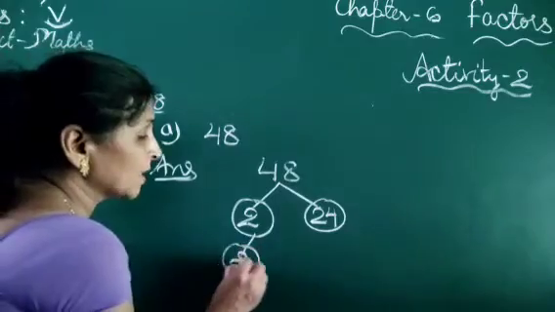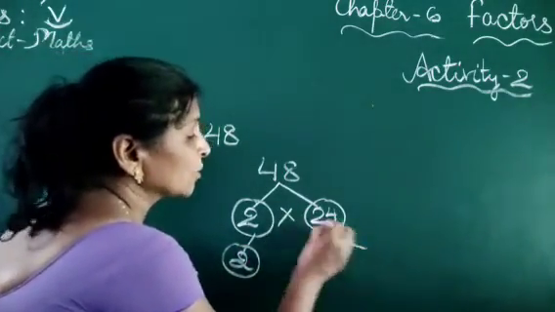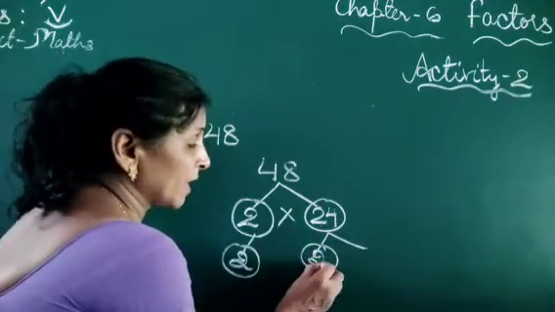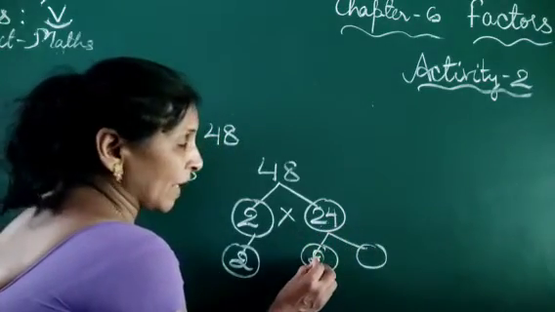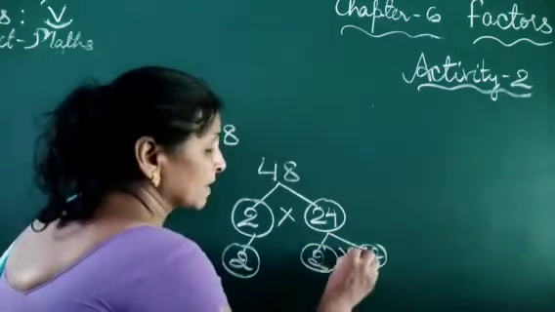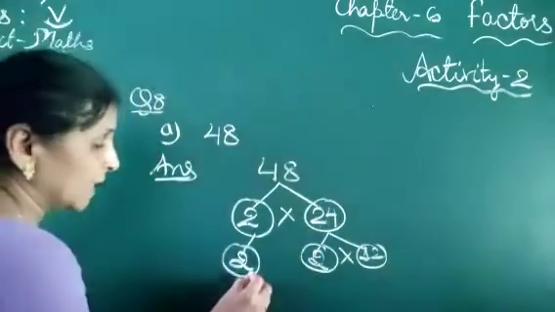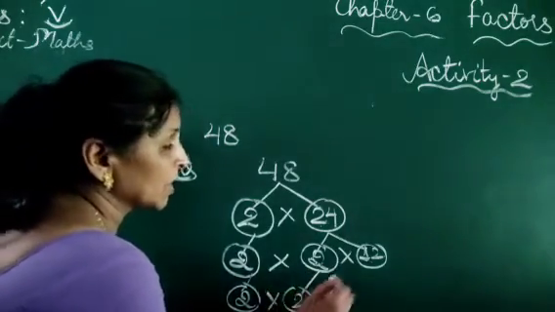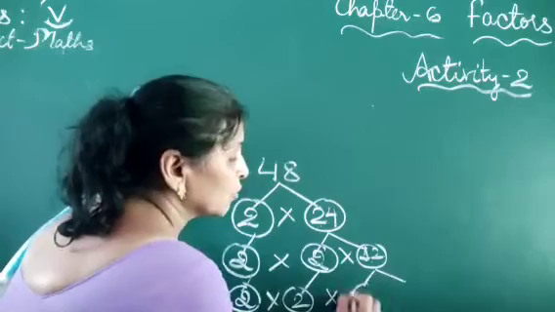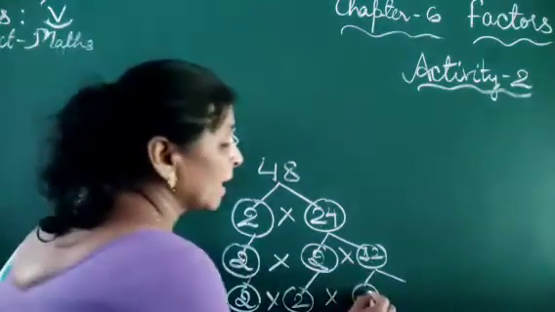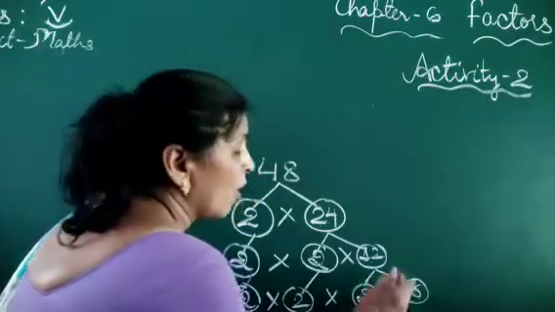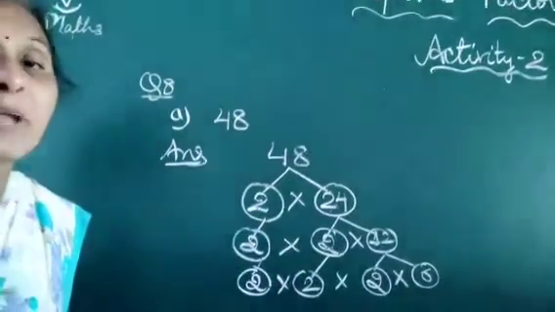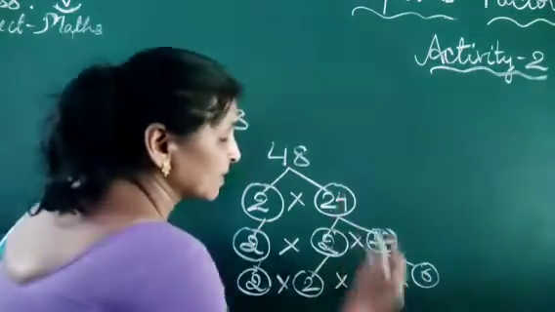Again we write 2 as it is and we break 24. Then first the smallest prime number we write here, 2, and 24 is divided by 2. Here the 12 comes and we multiply these two numbers, then we get this. Now again we write 2 and this 2 again we write here. Then we break 12, कि 12 किसकी टेबल में आता है? 2 6 12. Or we can say 12 is divided by 2, then it comes 6. And if we multiply 2 by 6, then it comes 12.